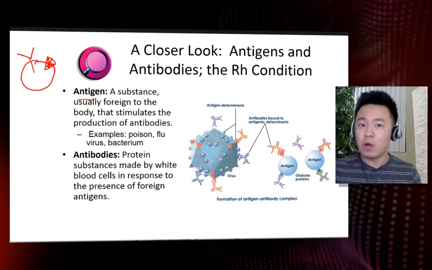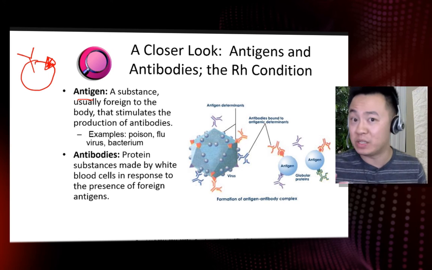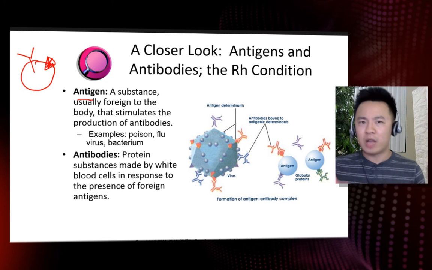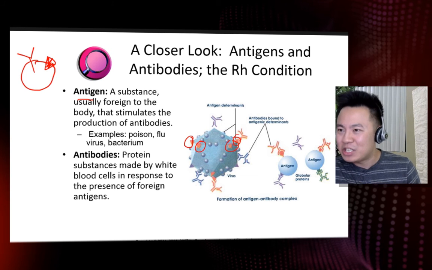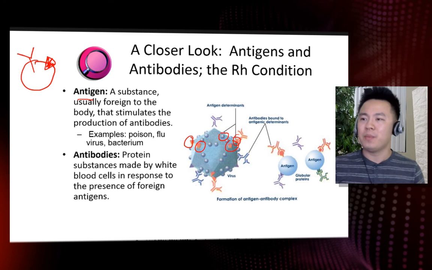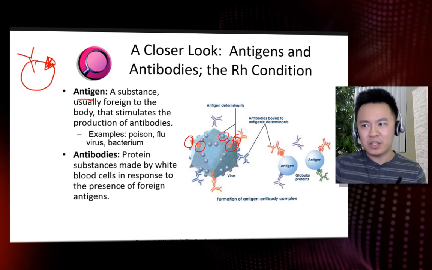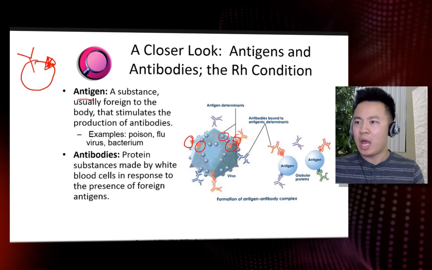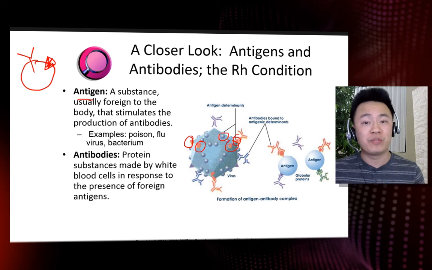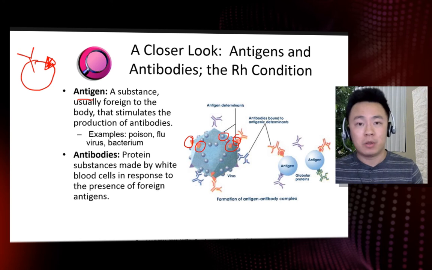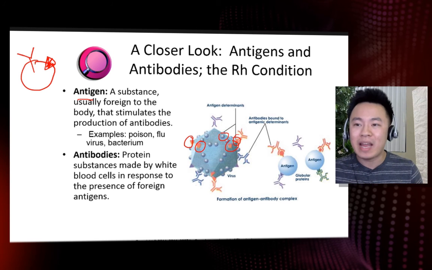Now, any cell receptor or any cell membrane macromolecule that the body does not recognize, your white blood cell comes into contact with. Say, if you look on the slide here, this virus, and on this virus we've got tons of these antigens, okay? And if the body touches this virus and says, wait a minute, we're not supposed to have these molecules on these cells, it's going to flag that particular entity, in this case a virus.